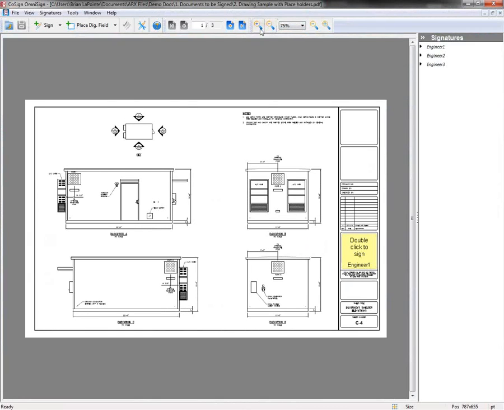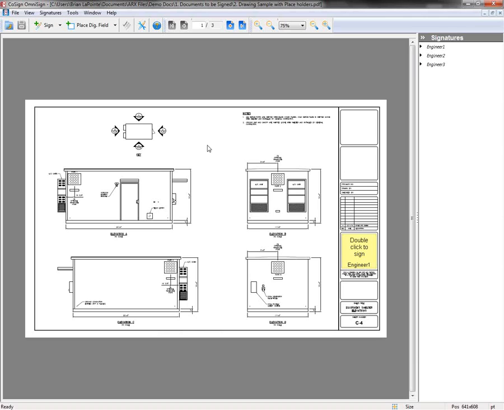So this is an engineering document. It's 3 pages. It actually has some blank signature fields already embedded in it. One of the things our tool allows you to do ahead of time is actually place digital signature fields and configure them to be named and display the way you want into your PDF documents or even your Office documents. So not only do we let you sign the documents, but we also let you prep them with blank signature fields. This is useful when you're setting up templates and things like that, and you want to place the signature field in a specific location.